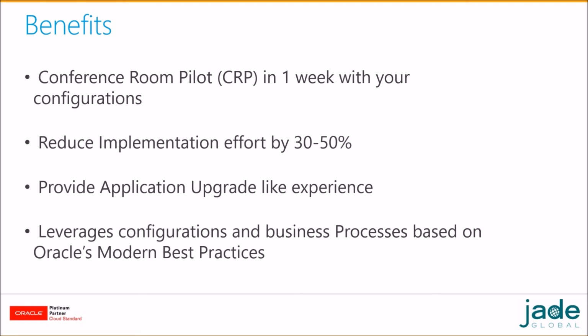and that's what we think we can achieve by using OCM for any customer. The other main factor is that as customers start implementing cloud applications, they want to see the application as quickly as possible to make some decisions about designs and configurations. So the goal here is to get the configurations within a week, and that's one of the reasons why we can get the test cycle up and running for the customer within a week's time